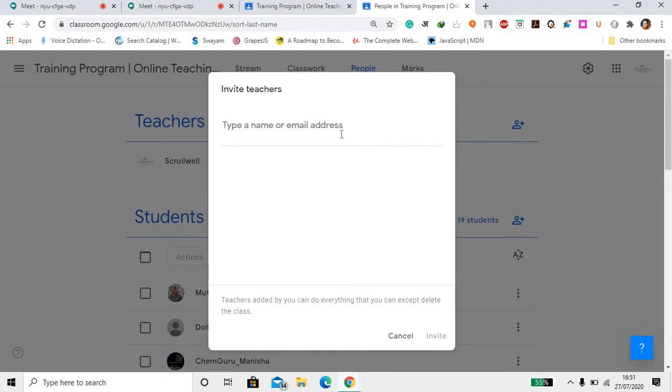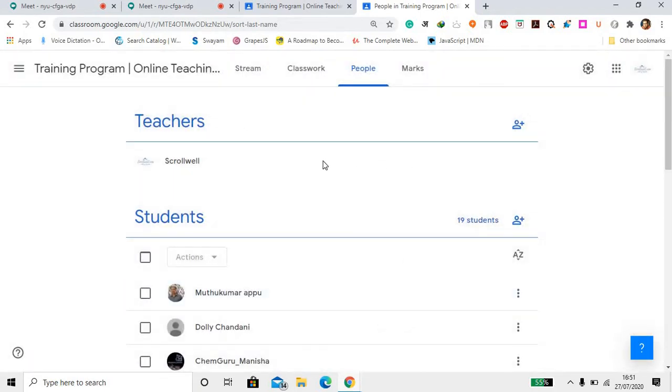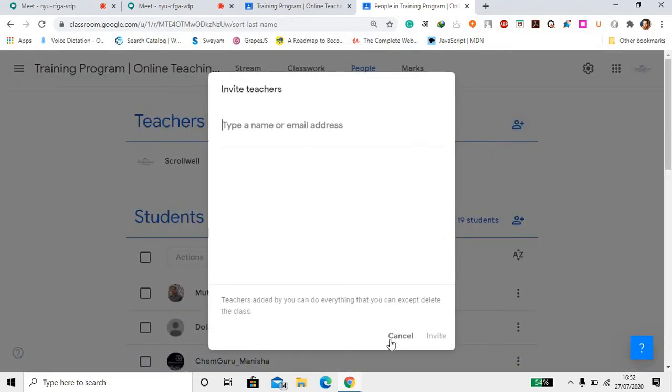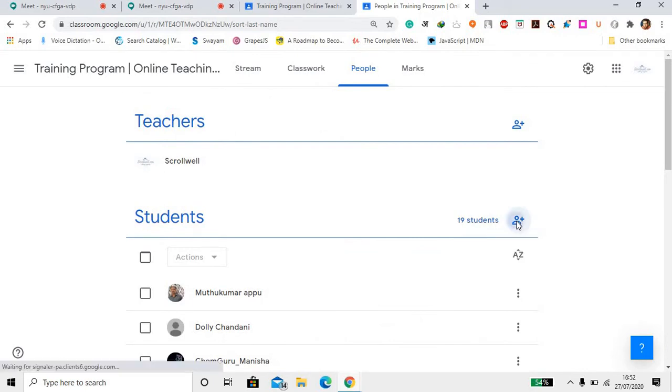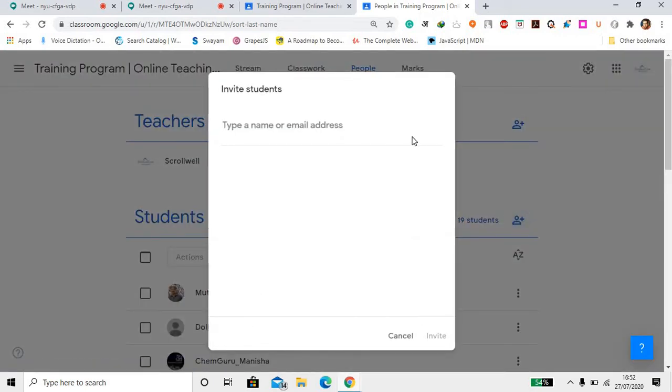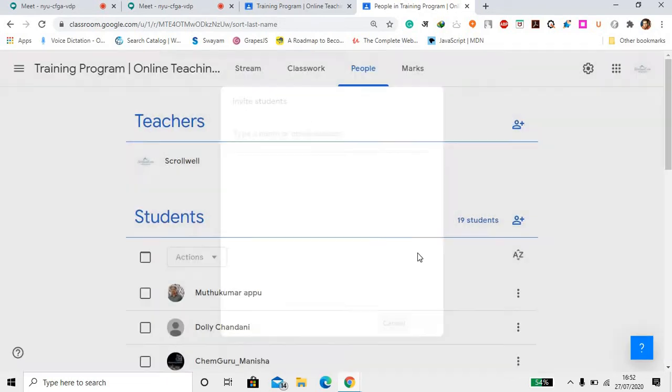We can simply write someone's email address over here and add them as a teacher, so they will be able to have access. They can be your principal or headmaster, or any kind of authority that wants to have access to your class. You can give them access from here, or you can also invite the students from here. You can just type their email address and they will get an invite in their email to join